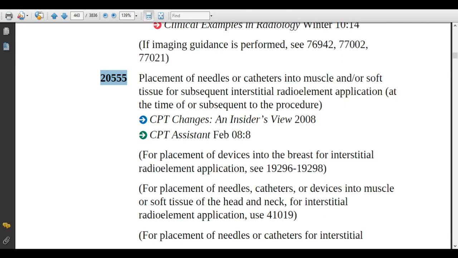Then he will insert radioactive seeds into the malignancy site, which will destroy cancerous cells, during the same session or a separate encounter, and secures the catheters or needles in place.